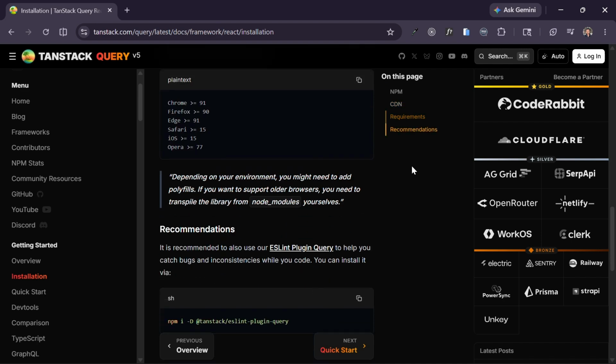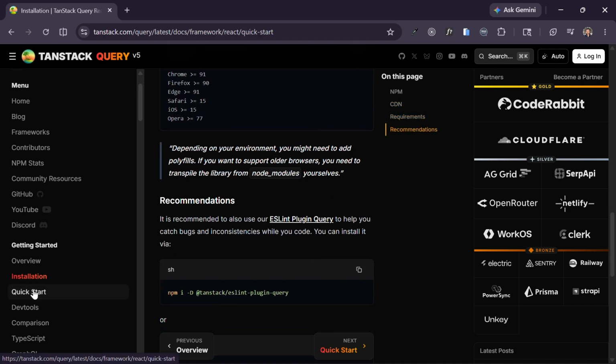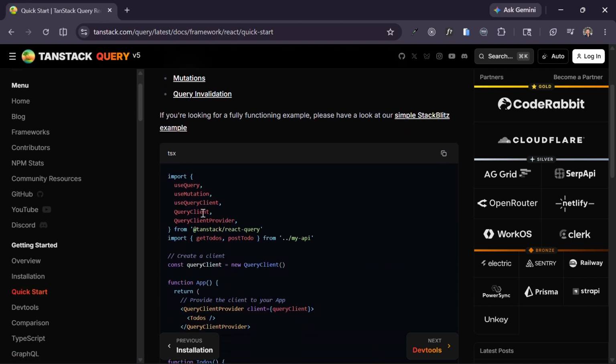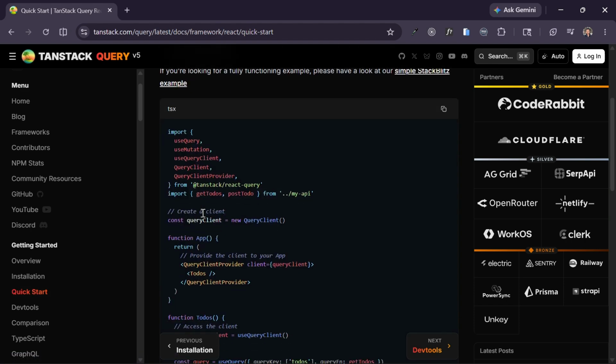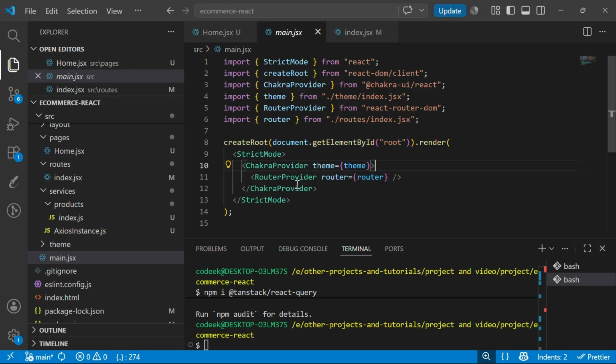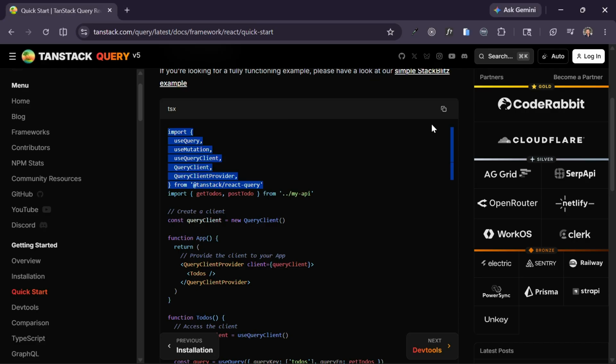All right, it's very simple. So yeah, here we'll have to copy these things, right? And then paste it over here first. That's it. And after that, we just have to make a query client like this one